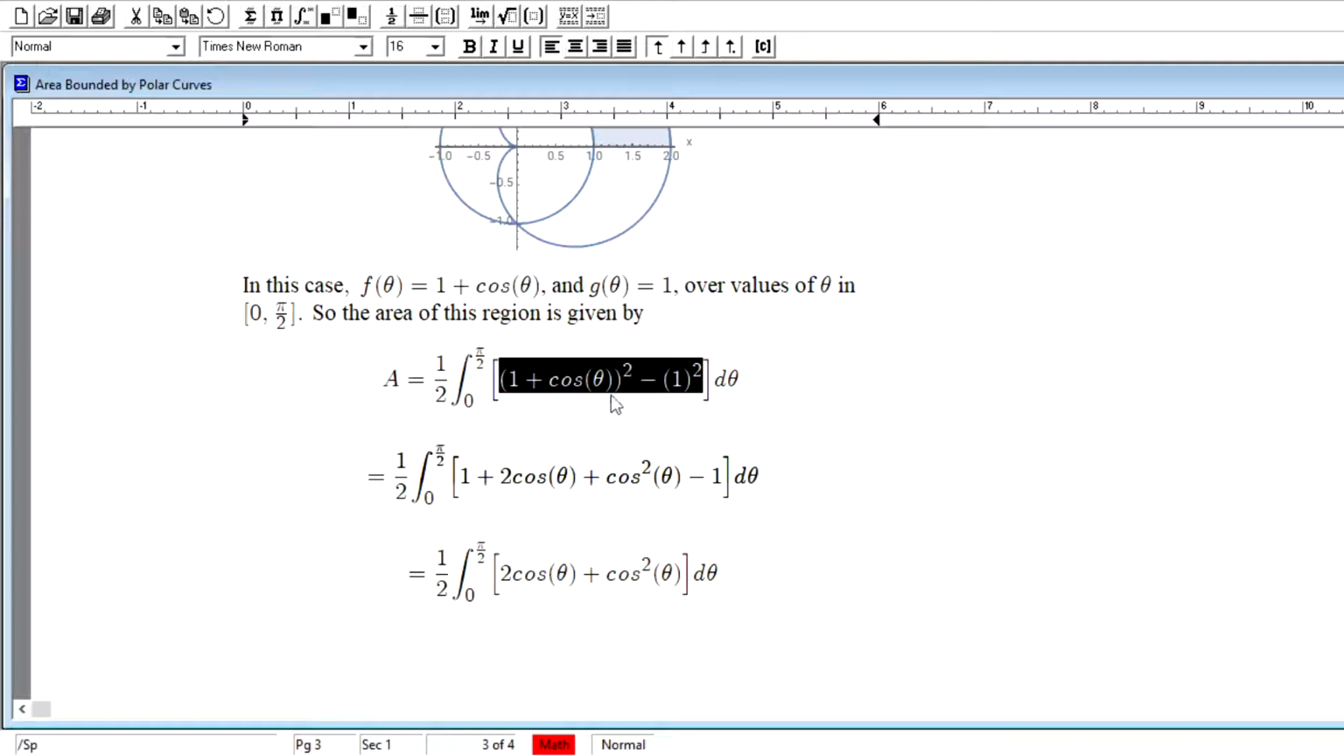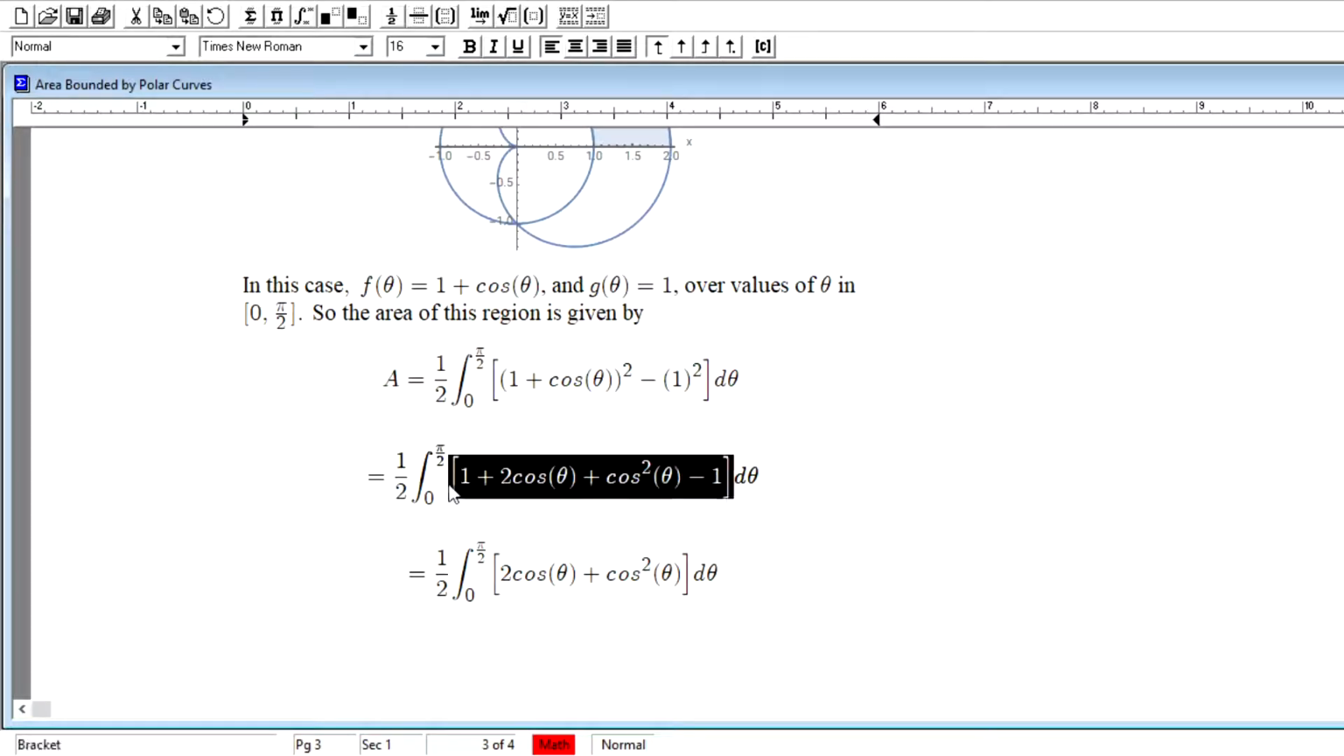Expanding these two arguments inside the integrand, squaring the 1 plus cosine theta, produces this polynomial form in terms of the cosine: 1 plus 2 cosine theta plus cosine squared theta, minus the expansion of just 1 squared, which is 1. We just subtract 1, which simplifies so that the plus 1 and the minus 1 cancel, leaving just 2 cosine